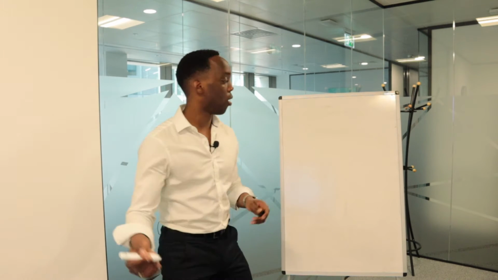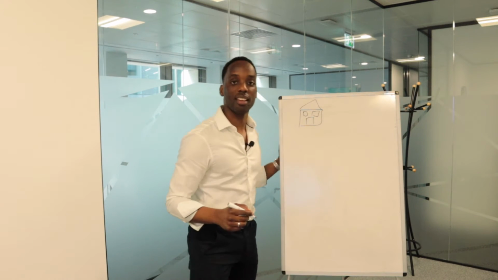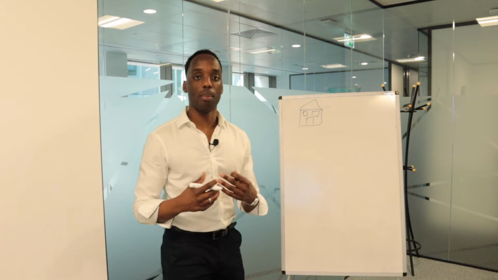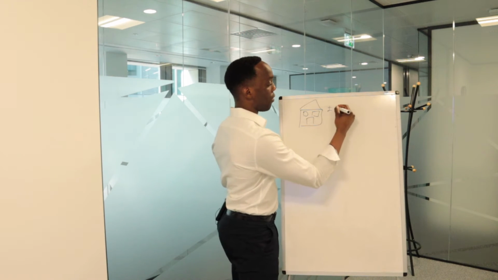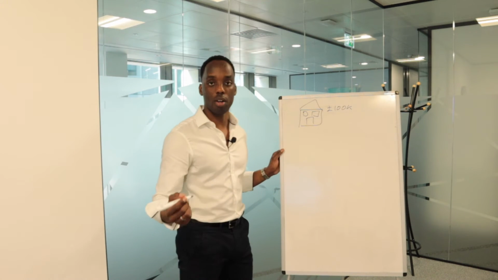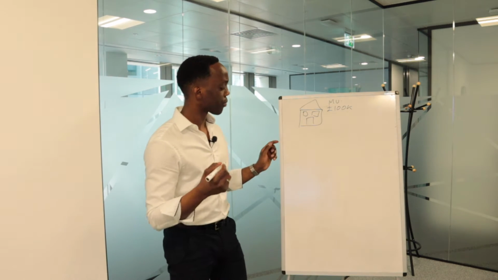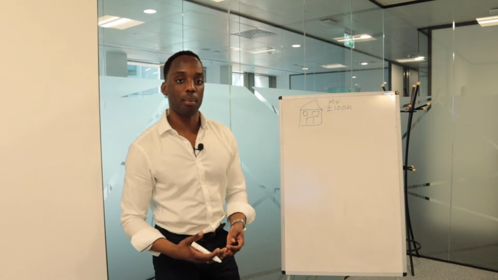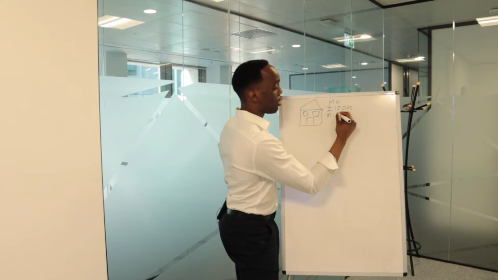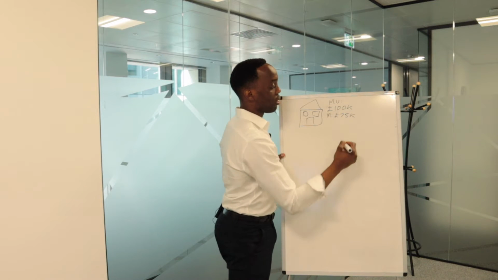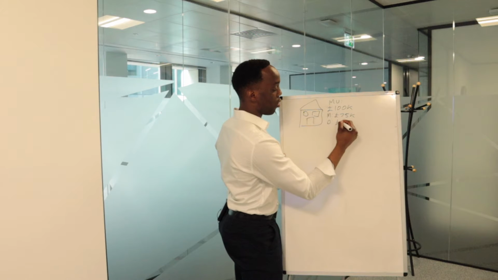Let's say, for example, you are in the process of buying a property, or maybe you already own a property. In this instance, you're buying a property to rent it out, so a buy-to-let. Let's say the value of your property is £100,000, so you've got that as the market value. And you used a 75% mortgage, so your loan to value is 75% and your mortgage is £75,000. Therefore, you had to put down a deposit of